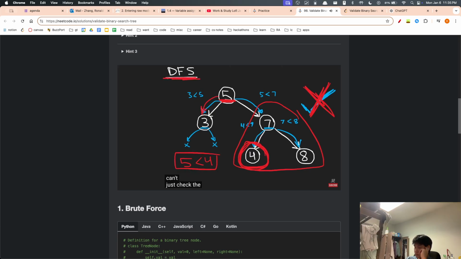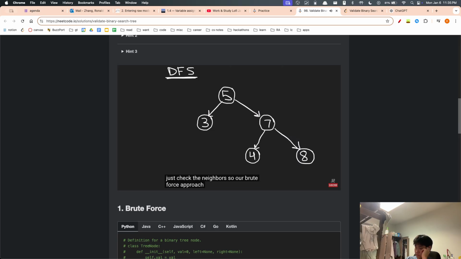We can't just check the neighbors. So a brute force approach would be for 5, check every value in its left subtree, make sure that every value is less than 5, and then check every